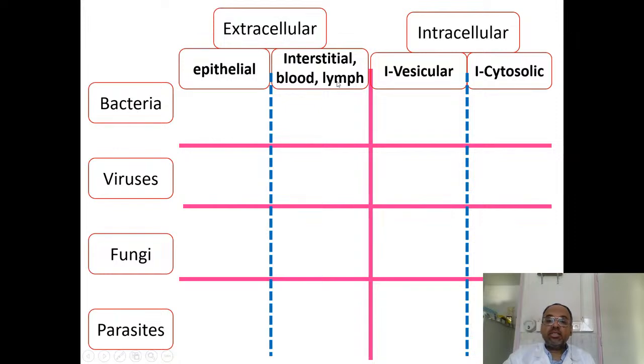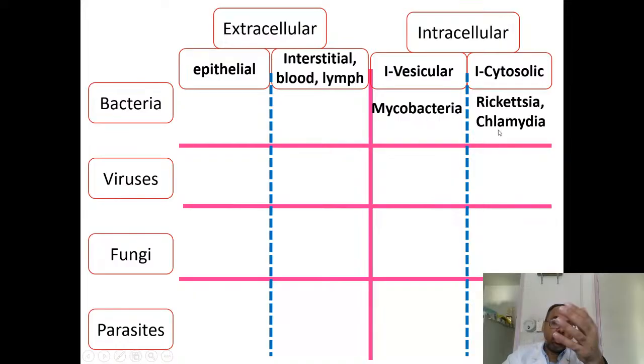And now if I look at this table, we have four groups of pathogens and two spaces, each of them divided into two subspaces, and we have 16 regions in here. So let's populate it. So here we have mycobacteria. Mycobacteria are intracellular, intravesicular. But we do have pathogens like rickettsia, which is the causative agent for typhus, like Napoleon's army's nightmare, which is intracytosolic, or another pathogen named chlamydia.